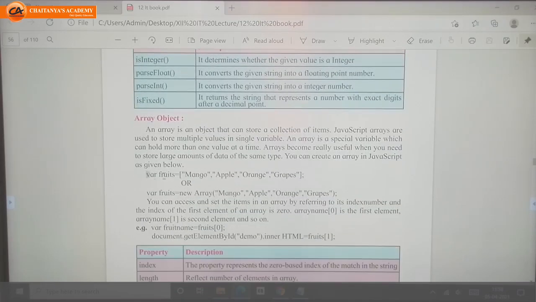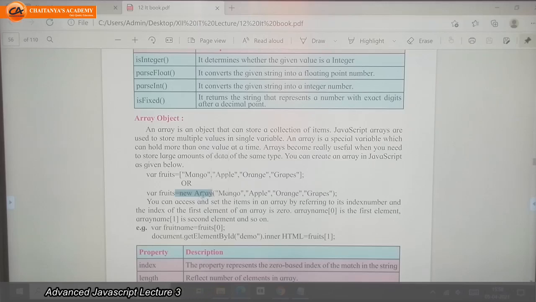For example, see here, variable fruits equal to mango, apple, orange, grapes. So our fruits variable has how many values? 4 values. We can write the code either this way or that way. This is the way in which we are instantiating our array.